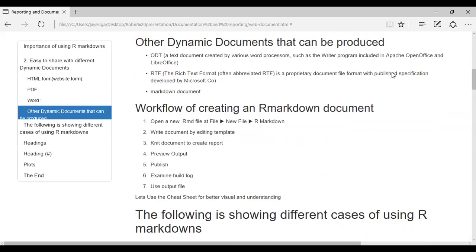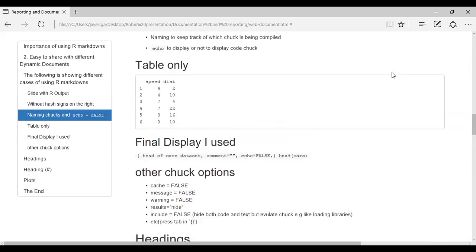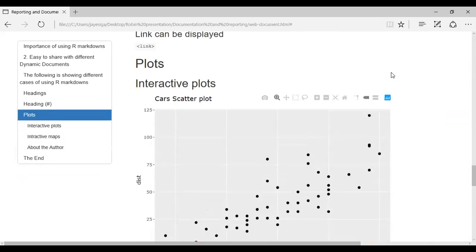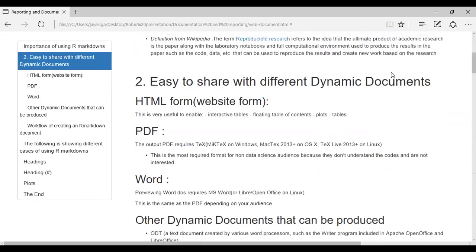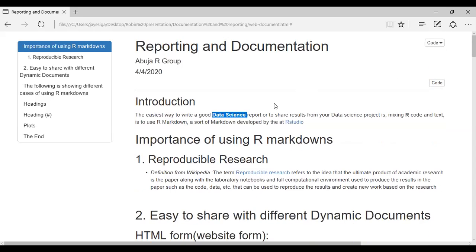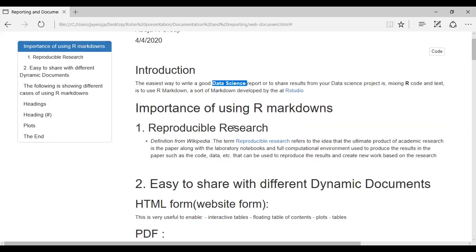So if you go back now, I can show you the code I used to write all this. Any code I use to manipulate any data set, I can show it to you or remove it. The best way to make your project reproducible is normally to show code so that people can easily come back and reproduce the same results as you do. And that's the main focus of reporting or documentation. You can check on Wikipedia the definition